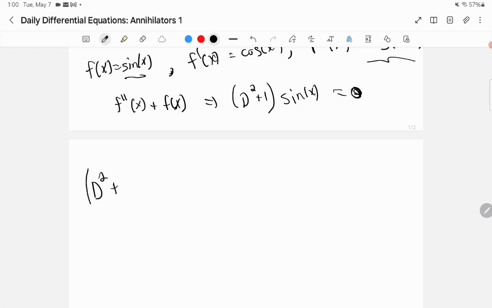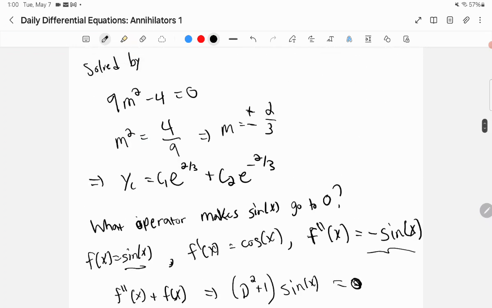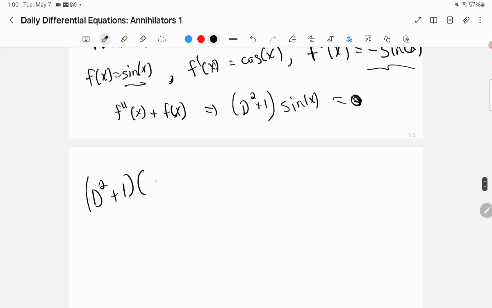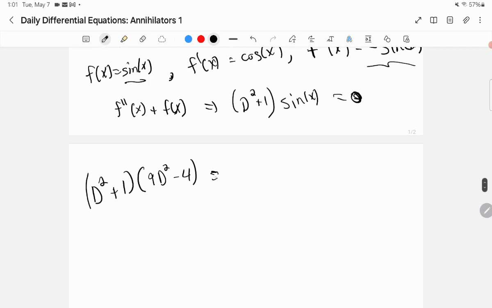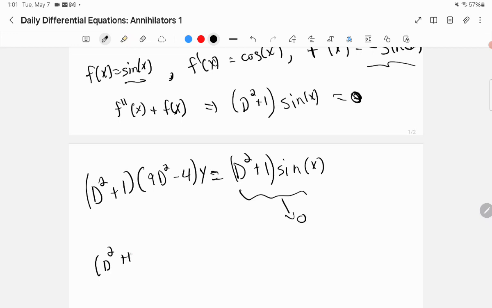We say D squared plus 1 times 9D squared minus 4 is going to be equal to 0 now, because I multiplied. Let's actually explicitly write this out first. D squared plus 1 times sine of x, right? But this goes to 0. So now we just have D squared plus 1, 9D squared minus 4 times y is equal to 0. And this will give us the complete solution,